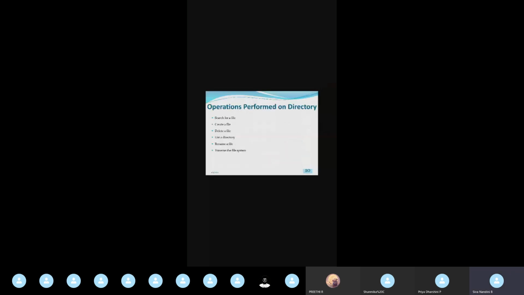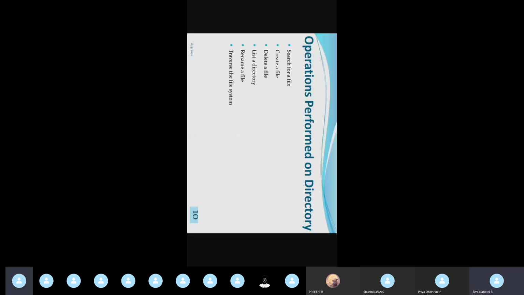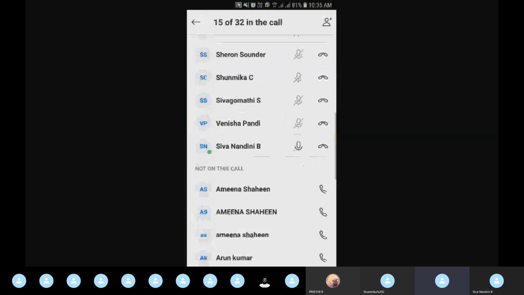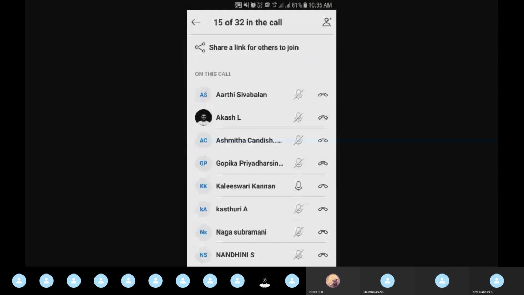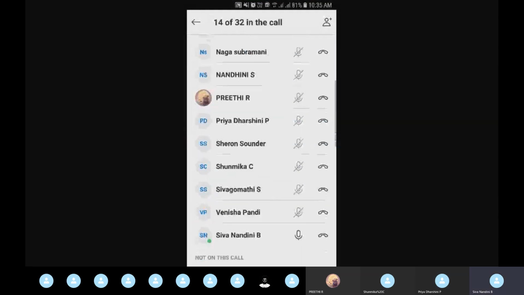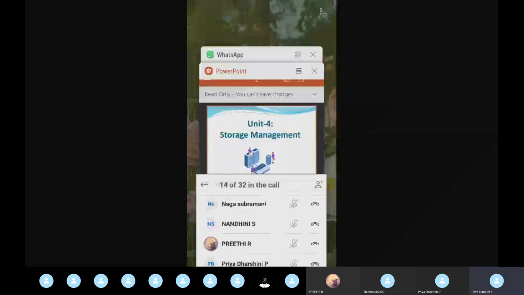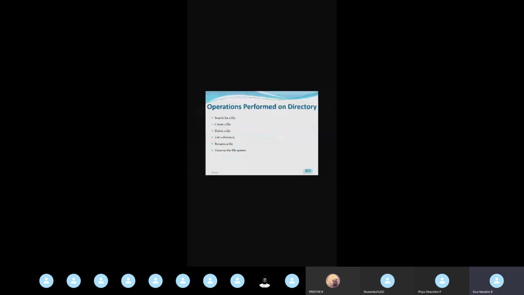Now, what operations can be performed on a directory? We have a directory, and if you want to search for a file, the file size may be very large, in MB or kilobytes.